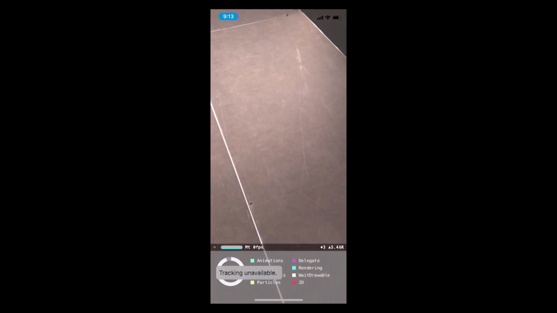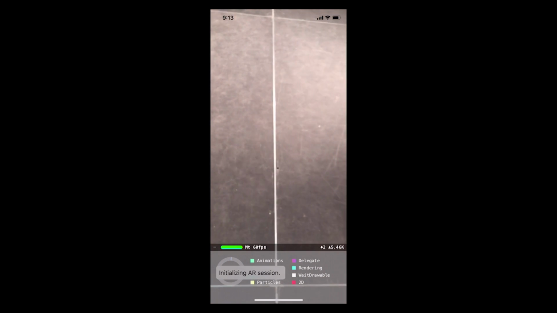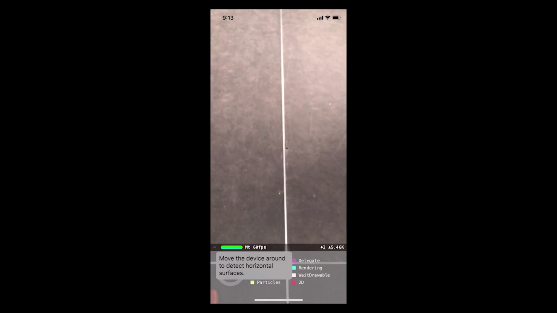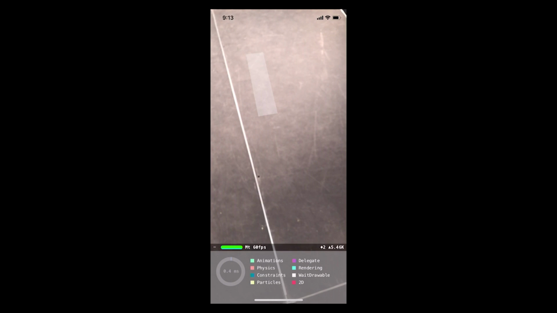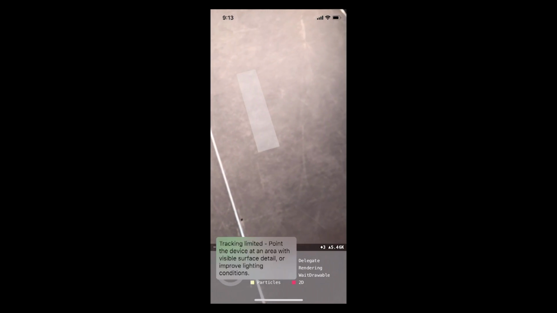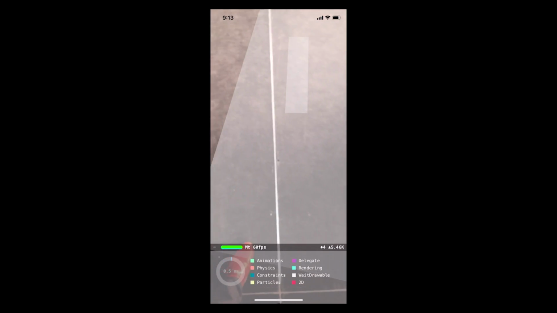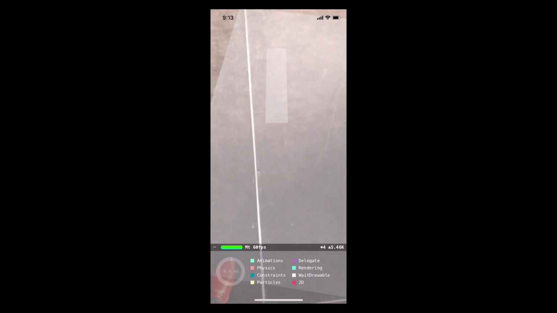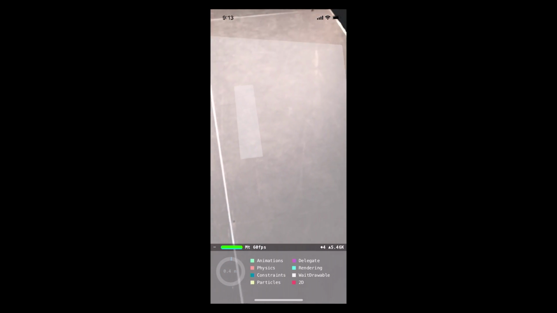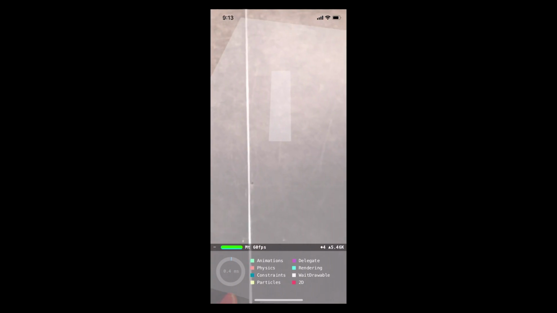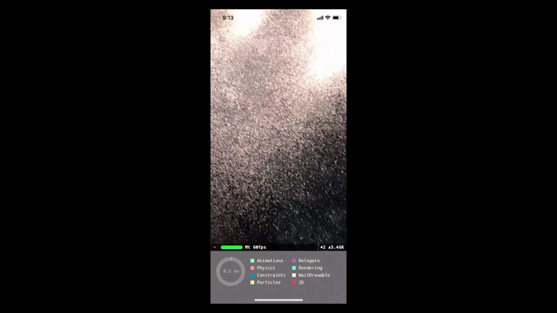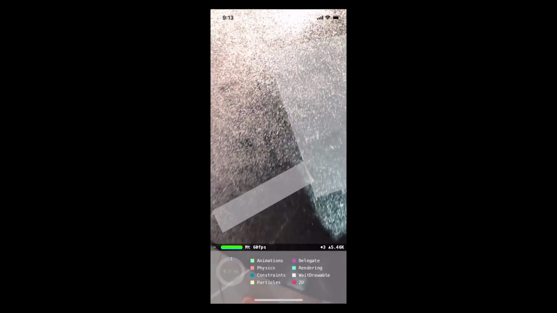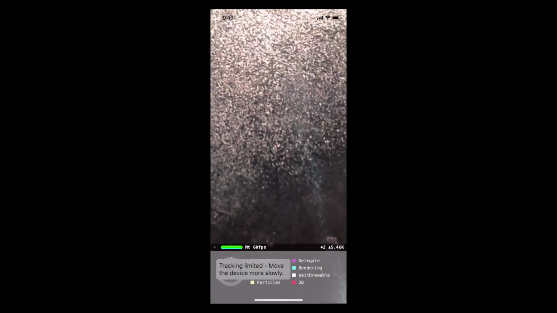Let's start with the basic app. Here, the fundamental problem they were trying to resolve is detecting planes. At the bottom, we have SceneKit, kind of like the real-time inspector. It's showing how many frames per second, what color you're seeing right now. It's gray, it's waiting for drawable. It's showing the state in real time, which is useful for debugging. Right now, actually, there is too much light here. A textured surface is even better. So as you can see, it's drawing the anchor points.